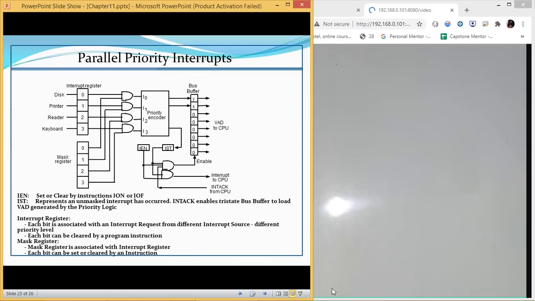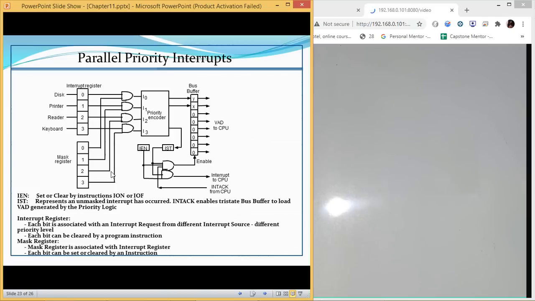In the case of daisy chaining, we did not have any control over the priorities which we have defined once. Once the priorities of devices were defined, there was no way to make any kind of changes inside that priority.